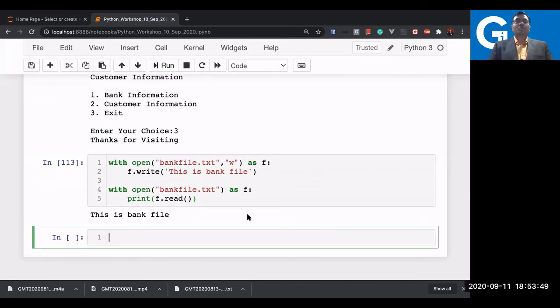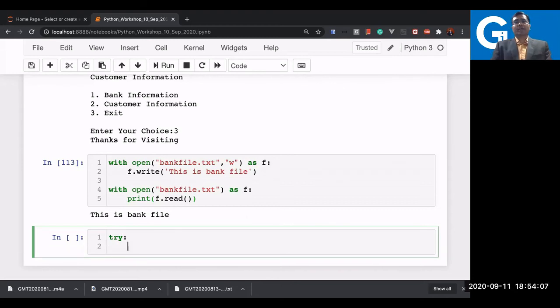So this is the way you can continue writing file handling programs with various permissions. Like I used a with block here, it's very simple. File handling is very simple in Python, and exception handling is also very simple in Python. For exception handling, you need to use a try block.